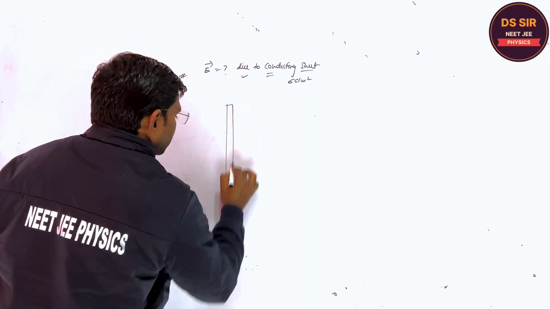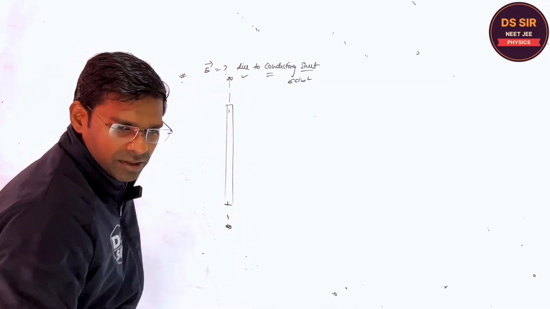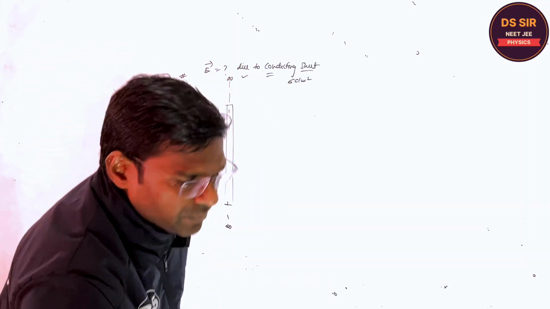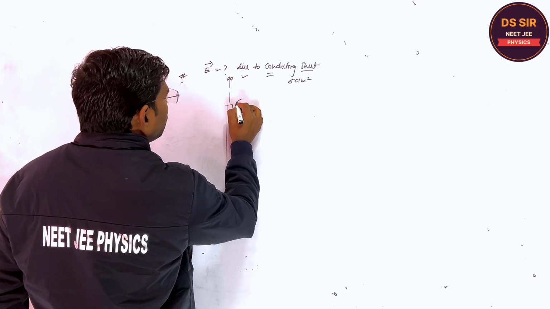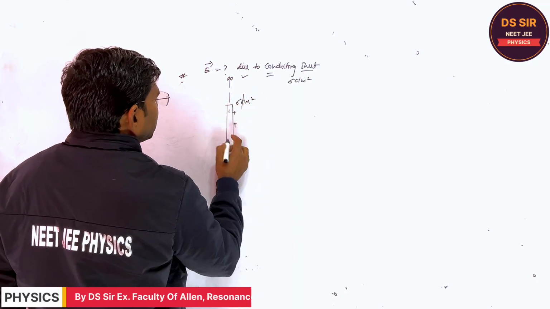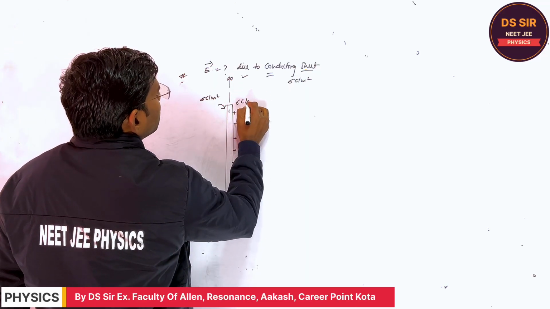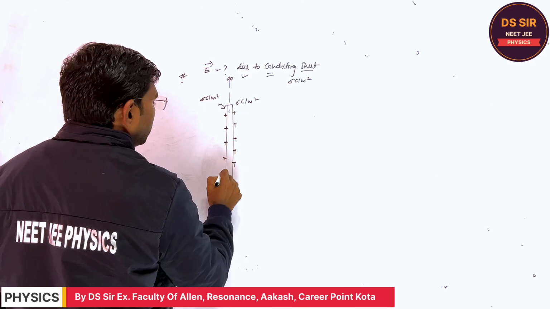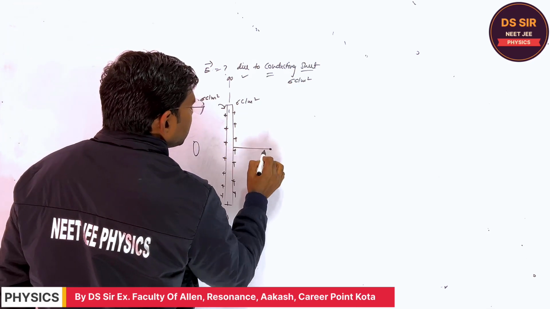Suppose this is the sheet, an infinite sheet, like this. Are you getting or not? So if this is the sheet, the charge on this side is sigma coulomb per meter square. This is also sigma coulomb per meter square. Fine. Are you getting or not? Yes. Now you have to find the electric field at this point,